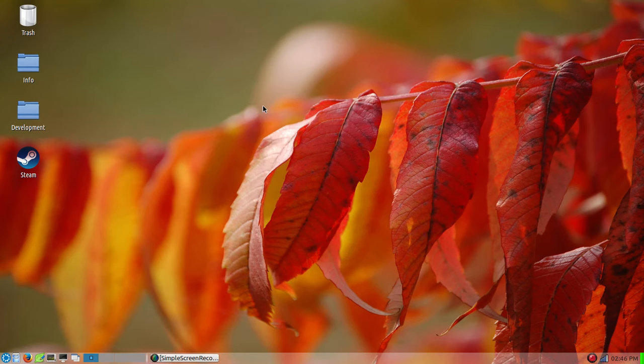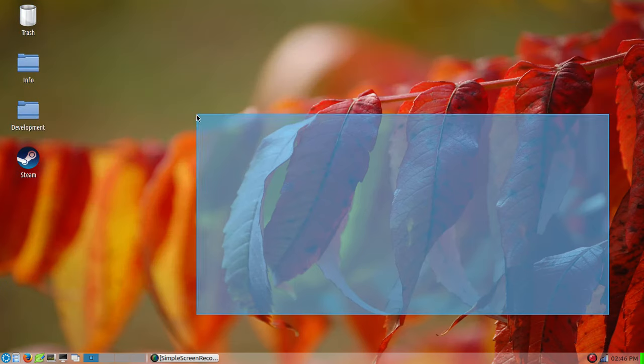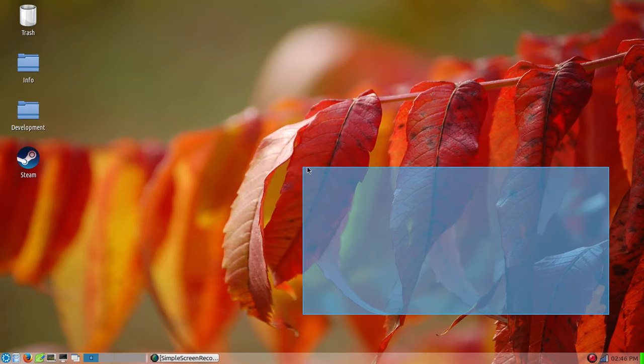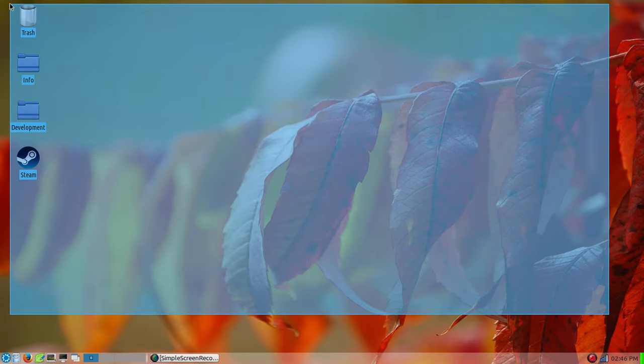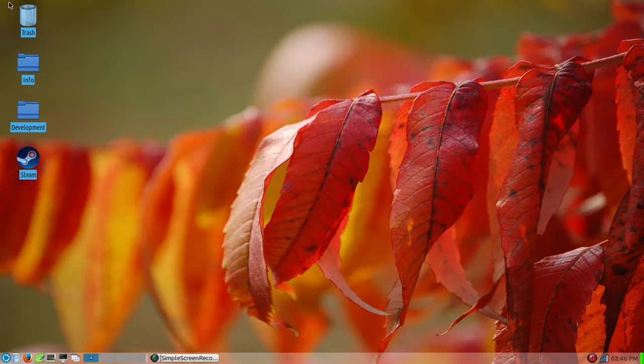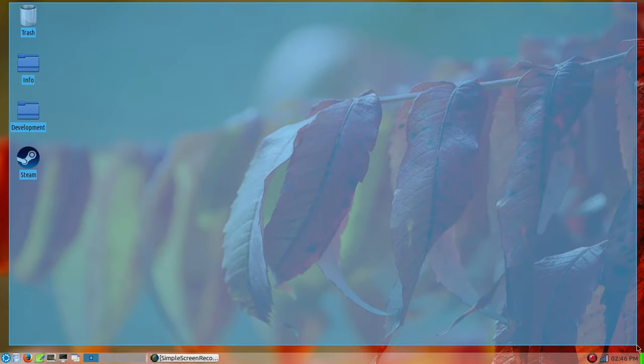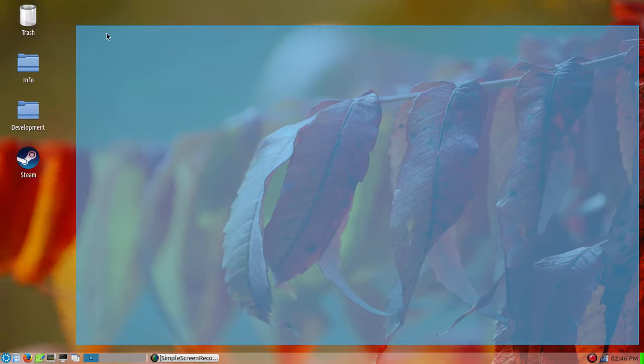So this desktop I highly recommend, because it doesn't use any compositing or 3D rendering for the desktop. So it is really good for your gaming experience,